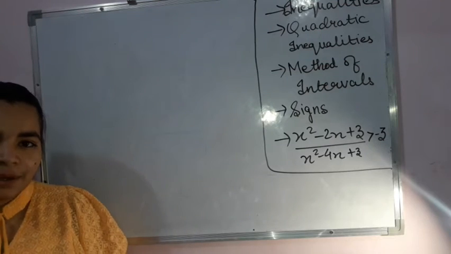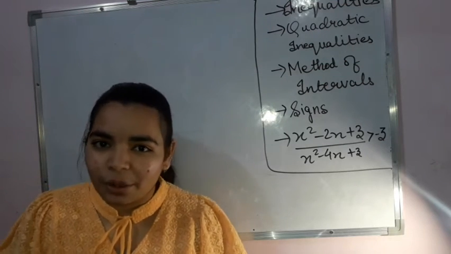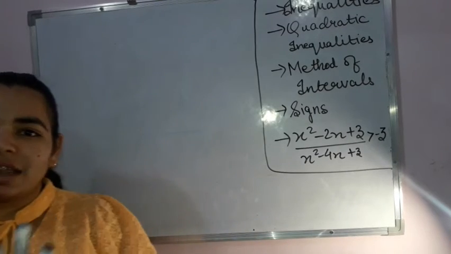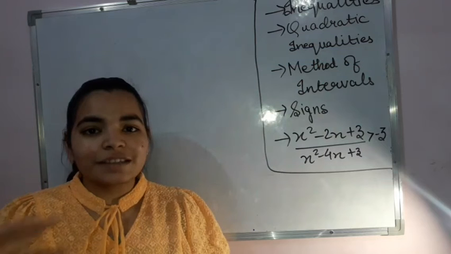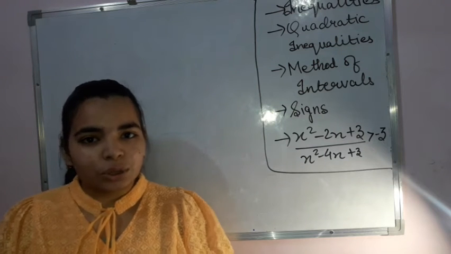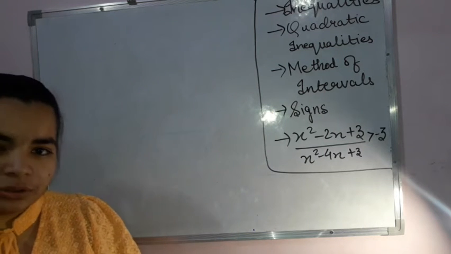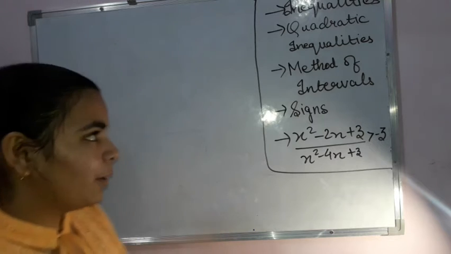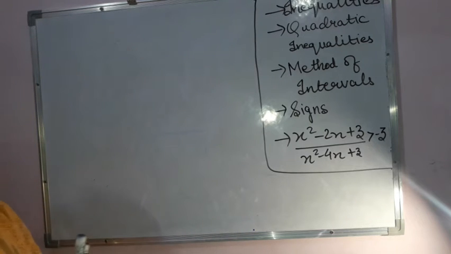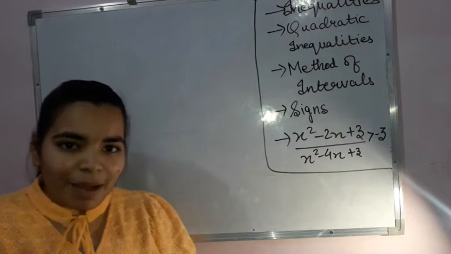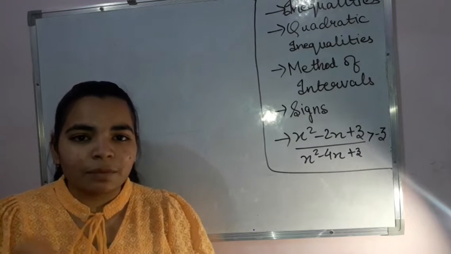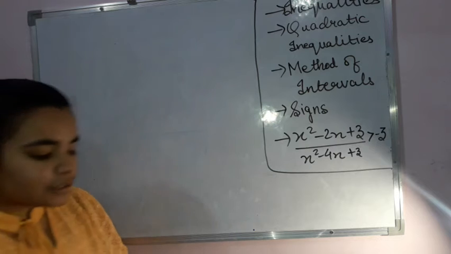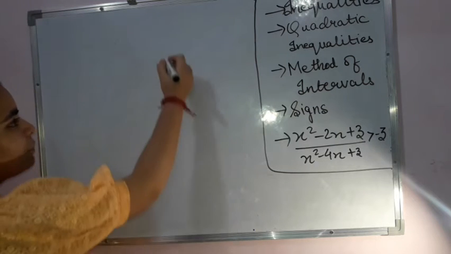In the previous video we learnt about quadratic equations, right? Quadratic equations, that means the equations in which the highest power of the variable was 2. Those were the equations that we were talking about. In today's chapter we are going to deal with inequalities. By the name itself we can make out that inequalities means something which is not equal. What is the sign that we use for equality or equations?